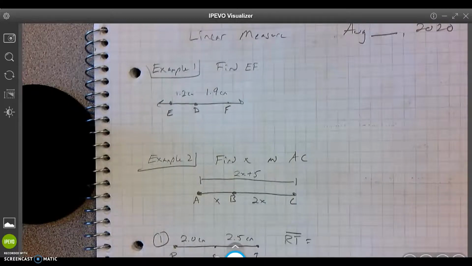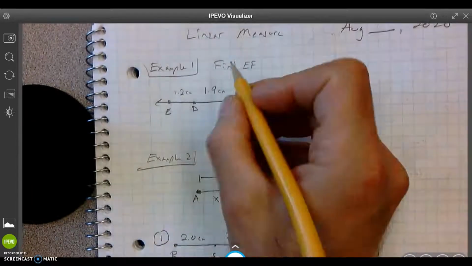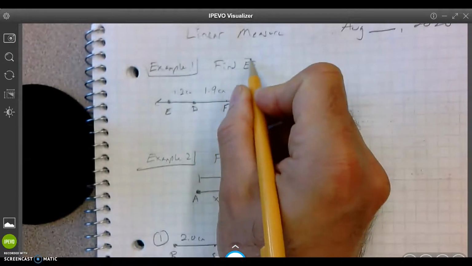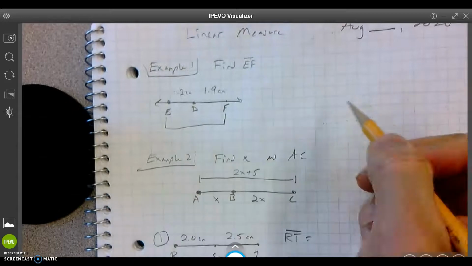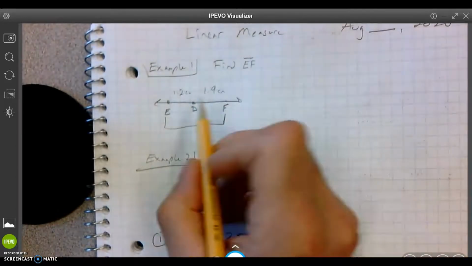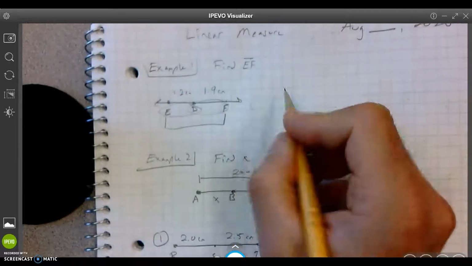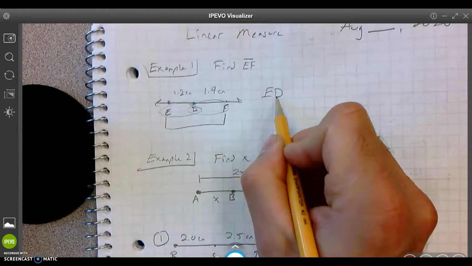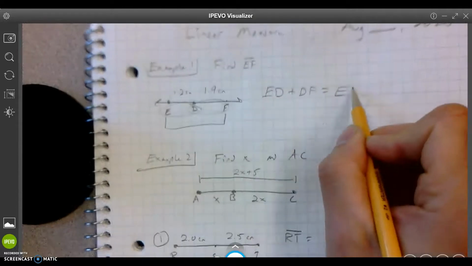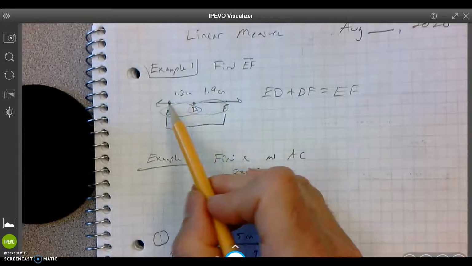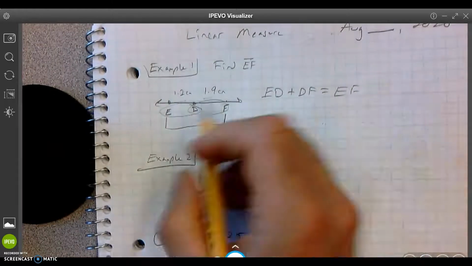Cool. All right, so here we go. So find EF. That's what we're doing for the first one. So EF would be line EF. So we're going to go from here to here. All right, so that means that I would combine E to D and then D to F. So if I took E to D and I added D and F, then I'd get the full E to F. So if I added this part and this part, then I'd get EF. That's easy. Okay. So that would be